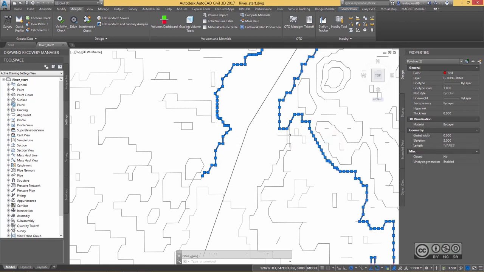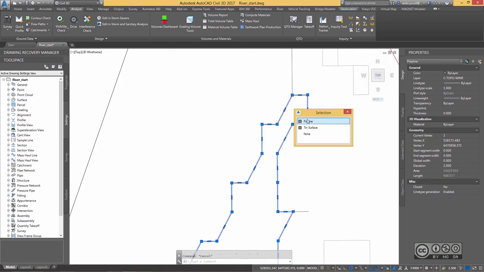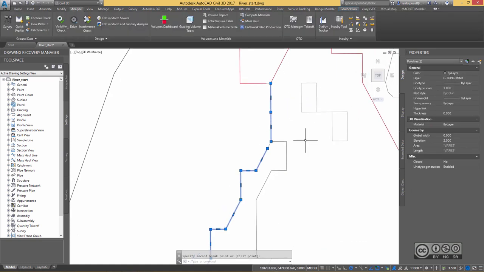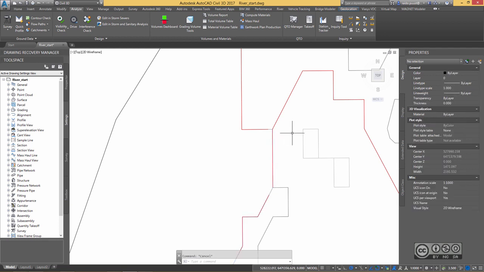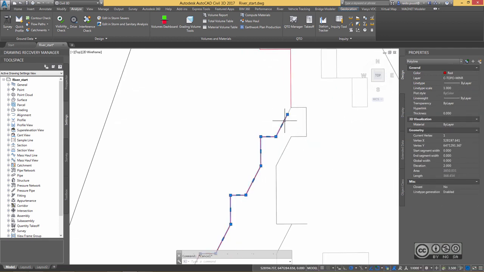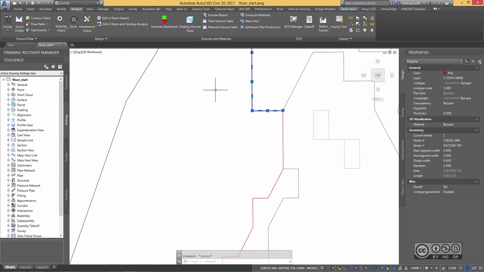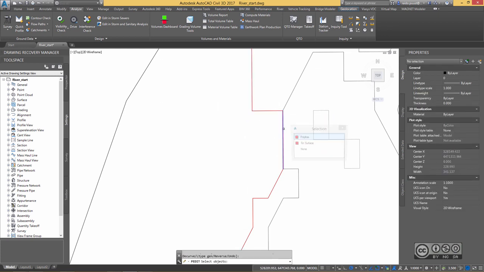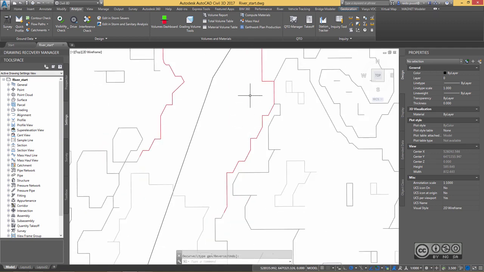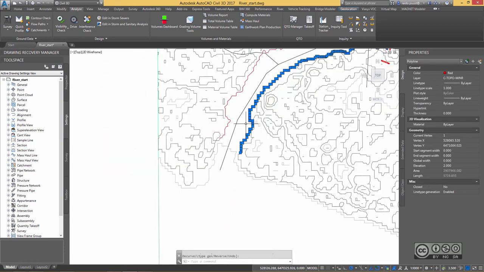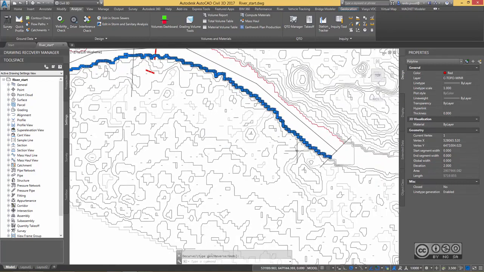So in here I need to break it again. I need to break this one and use some different color again so that it can be easily selected. I connect those polylines together and use a join command to join into one polyline. PE command again and select two other polylines. Hit enter, and to be sure, just select it again and let's see if we have one continuous polyline on